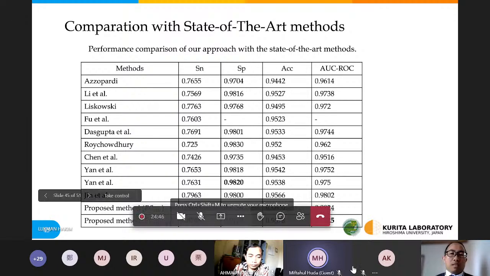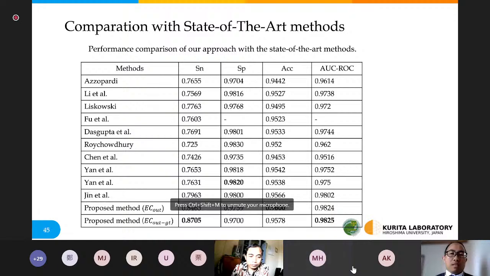This is the comparison of the Euler characteristic method with the state-of-the-art method. So here with our proposed method using the Euler characteristic in the prediction output, we got good improvement.